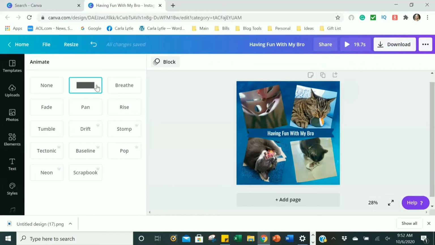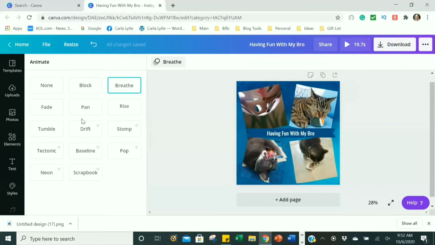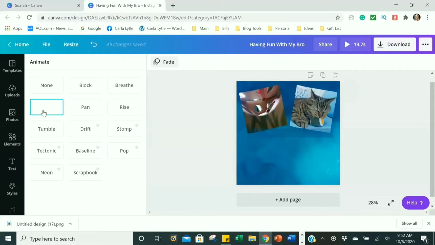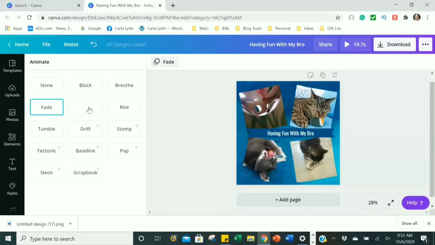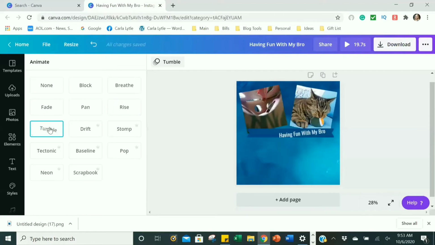So this is what the block looks like. This is what the breathe looks like. It's going to bring it in really slowly. The fade, it brings them in with a fade. Pan. So this is turn. If there weren't videos in here, if these were pictures, it would also do